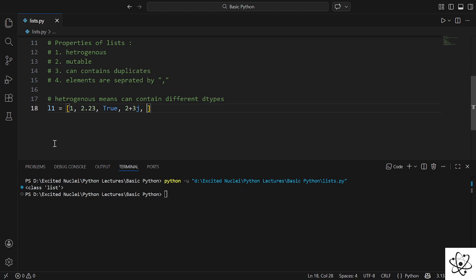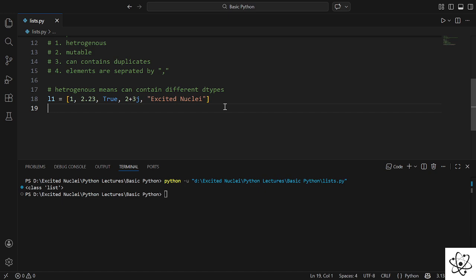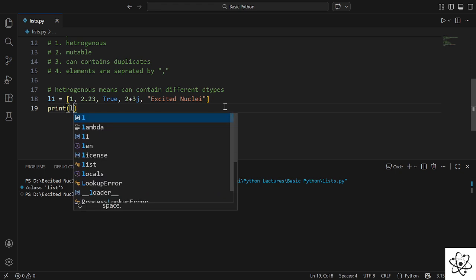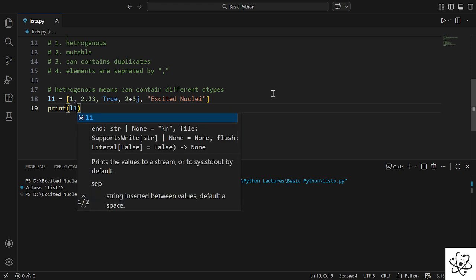So let us just limit it to also a string. Okay. So as you can see, if I am going to print this list L1,